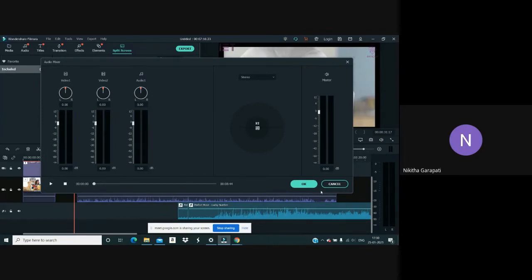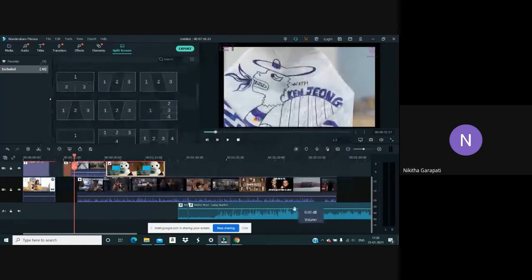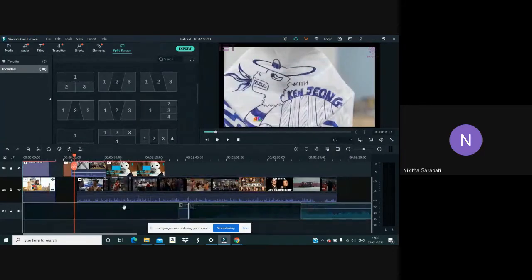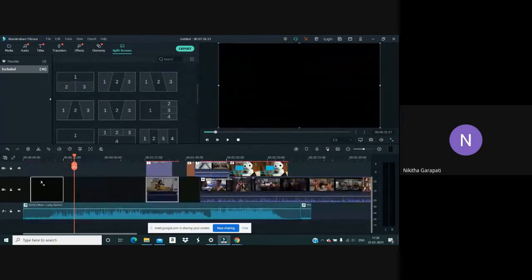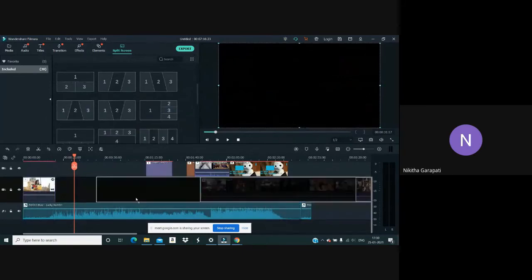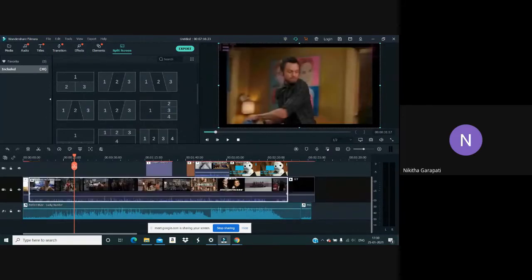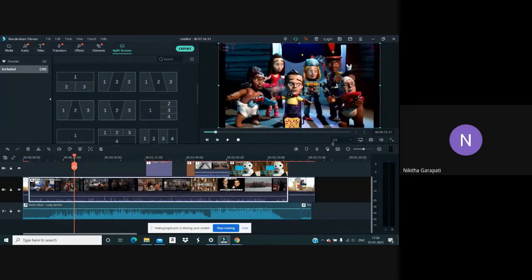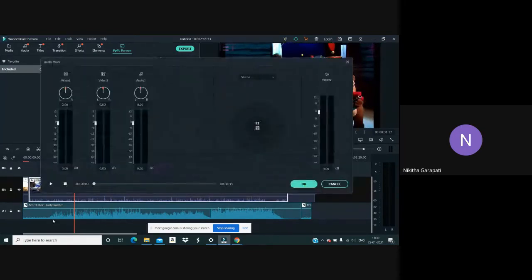Let me show you how it works exactly. So we'll open the audio mixer now, and if we play the video, here is where it will show which video's audio is being played.